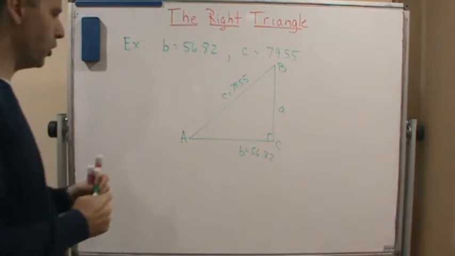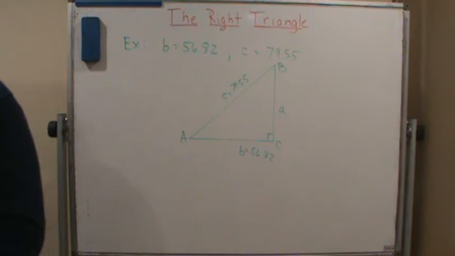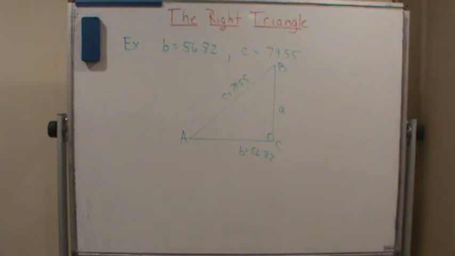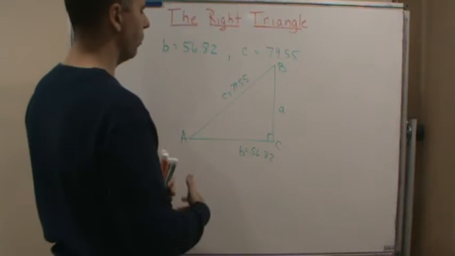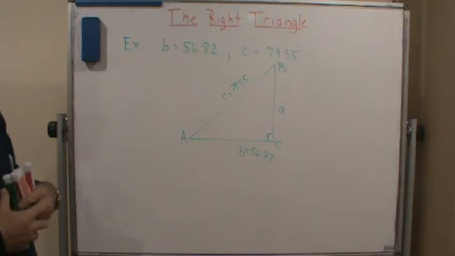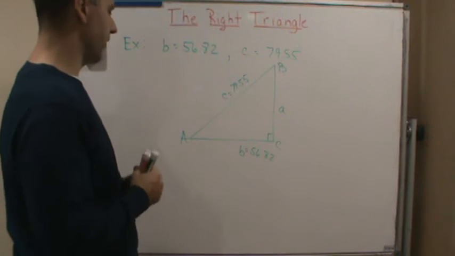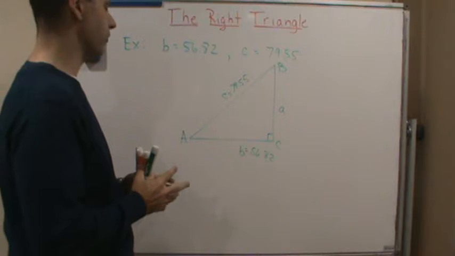Now, one thing to note when you're finding these angles: the length of the longest side is always opposite the largest angle. The longest side is always opposite the largest angle. The smallest side is always opposite the smallest angle. Just to keep things in perspective. Okay, so now,